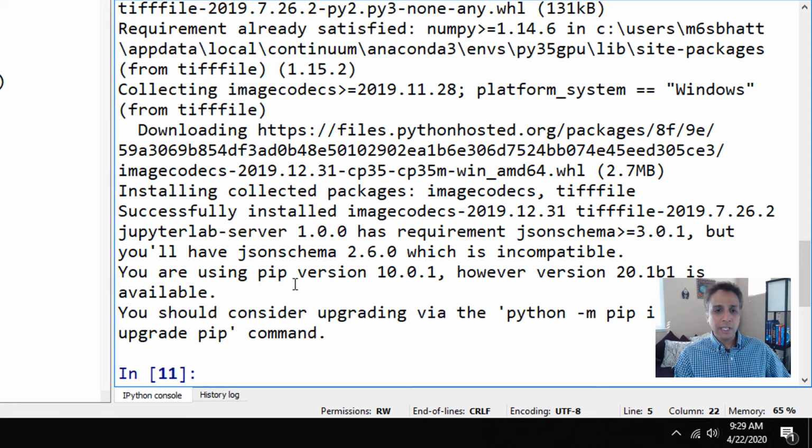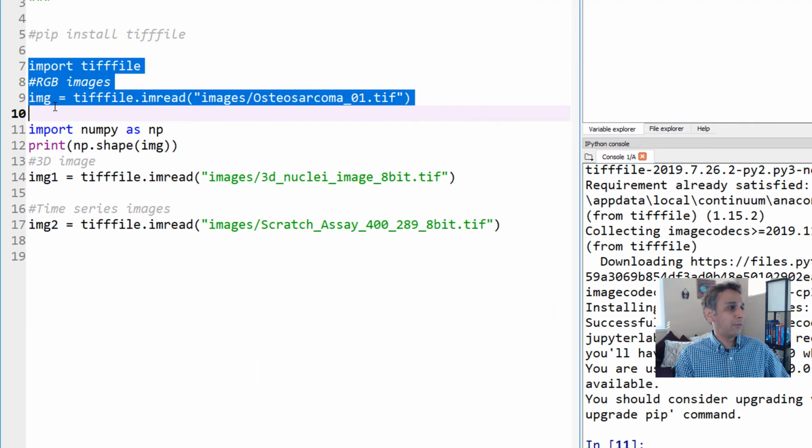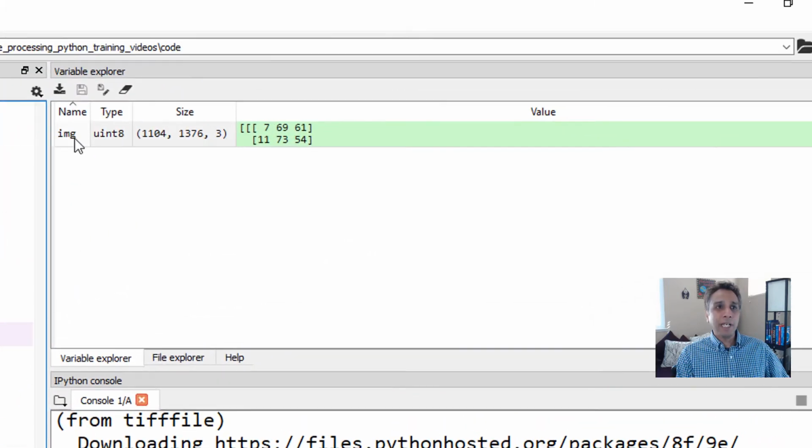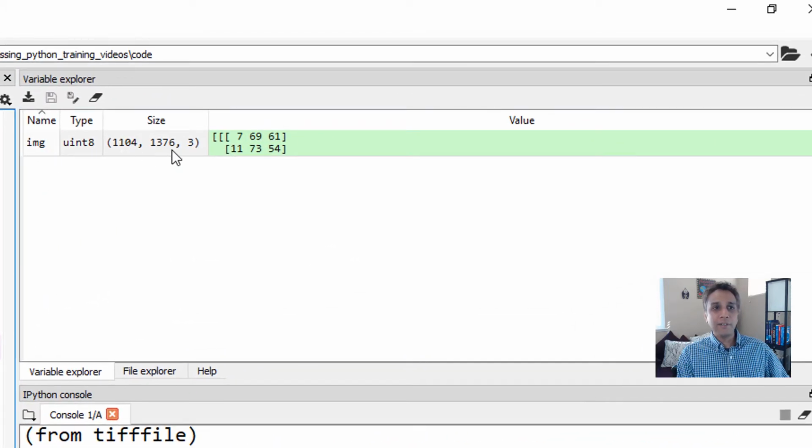Okay, so there it is. It's ready. Now, hopefully this will run. Let's run this one more time. Here you go, the image is up here. Now you can see that my image is 1104 by 1376 with 3 channels. This is exactly the same as